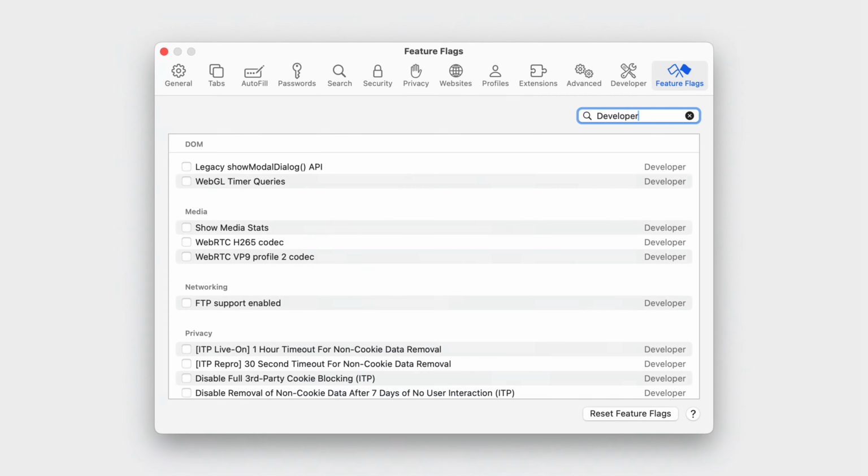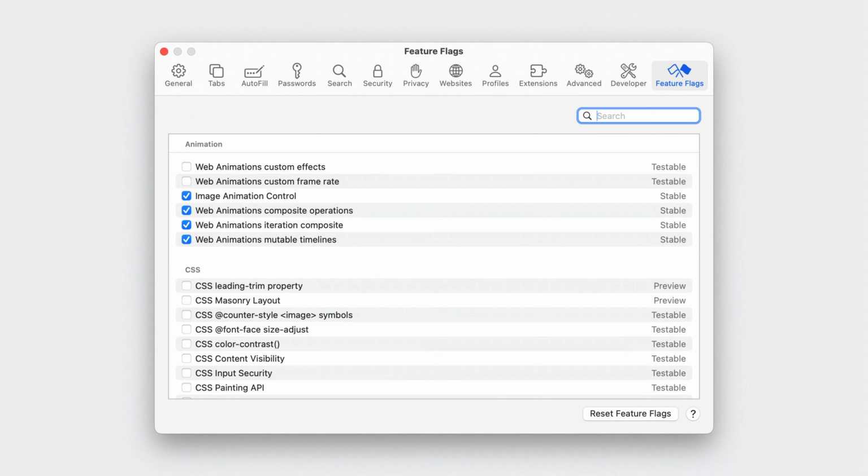There's also a feature status for developer features. These can be settings that adjust the behavior of WebKit for development, or re-enable deprecated API for testing. Please keep in mind that the default setting for each feature flag is how your customers will generally experience your content. It's also important to remember that feature flags are automatically reset to their default states when you update Safari.